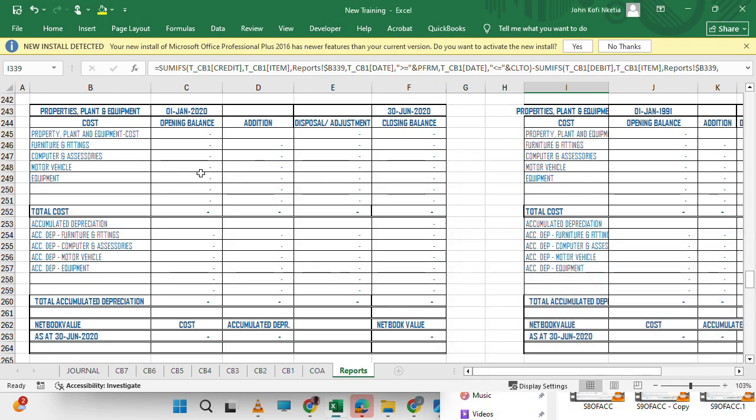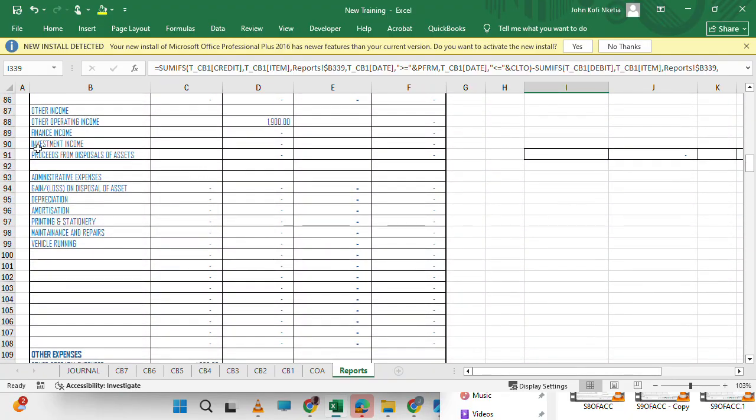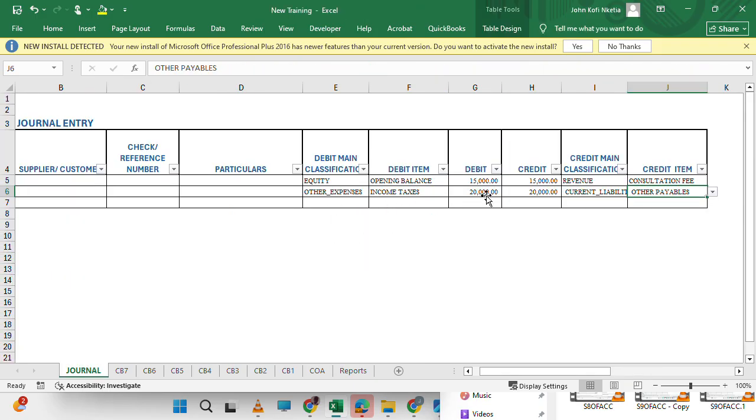Wow, proceeds from disposal of assets. Now let us add some journals for the proceeds. So let us select other income, and this one let's make it proceeds, and obviously it has to be receivables. Let's assume we bought it on credit. Sorry, they purchased it on credit from us. So other receivables,